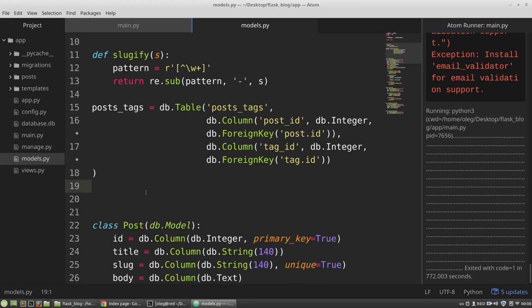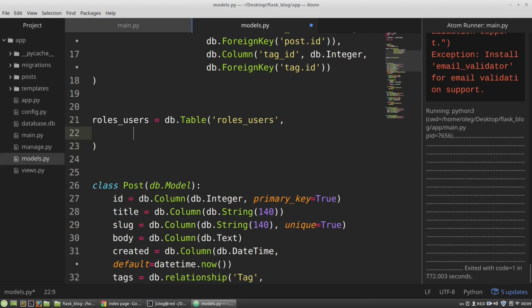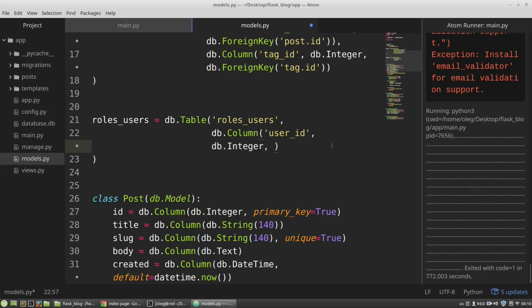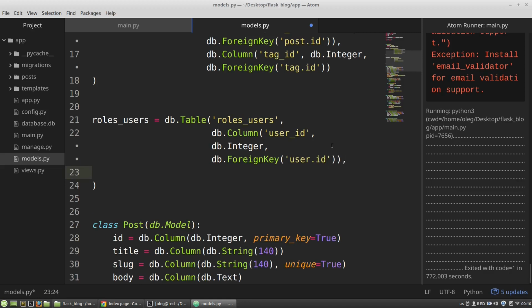So it will be here, roles_users, db.Table, the name of the table roles_users, then the first column will be user_id, db.Integer, it's a foreign key, and the path to its value is user.id. The second column